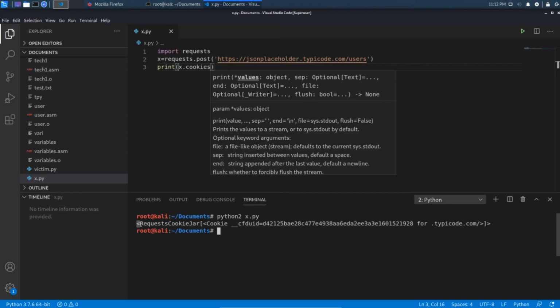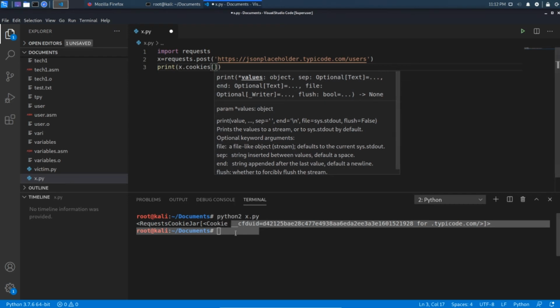So here is our request cookie, and if you want to get the cookie in a detailed way, you need to pass the parameter. Here CFD UID is the parameter, and if you want to get the value of CFD UID, you need to give square brackets here, and I am going to copy paste it.